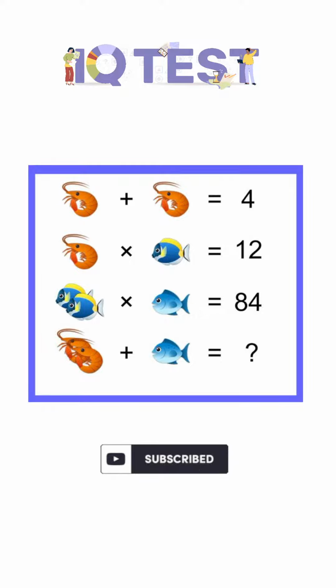All right, so the shrimp here is 2. The shrimp is giving me the value of 2, so I have 2 for the shrimp. I hope we all get that. All right, so now that the shrimp is 2, the first fish, or the blue red fish, let me call it that way, that fish